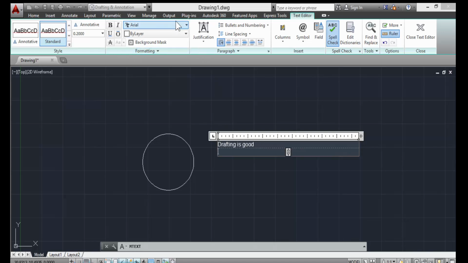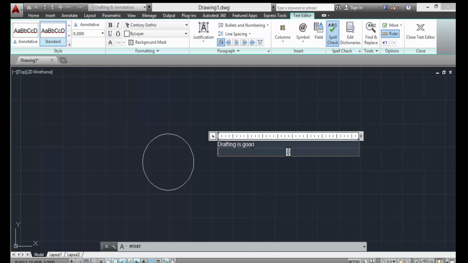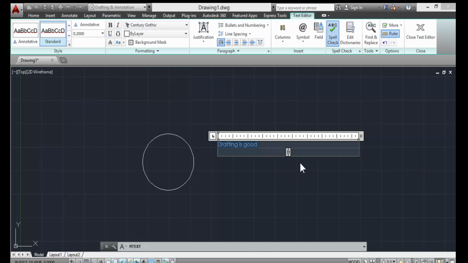It depends on you what font you will use. I like using Century Gothic here, so I will change this into Century Gothic. So as you can see,